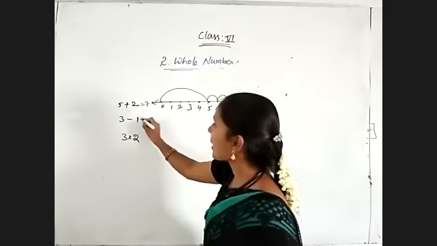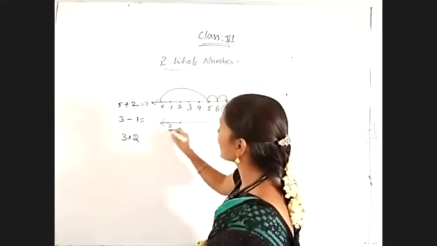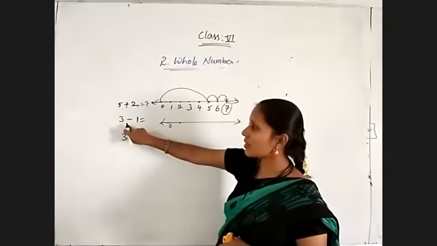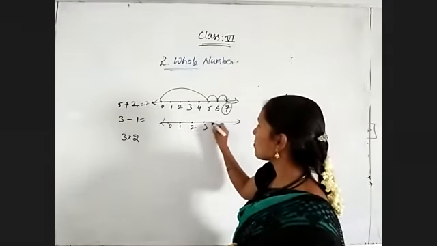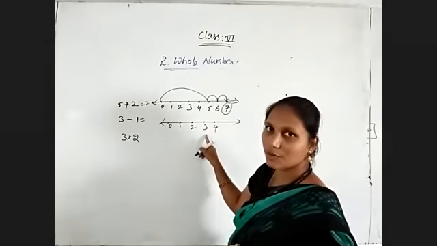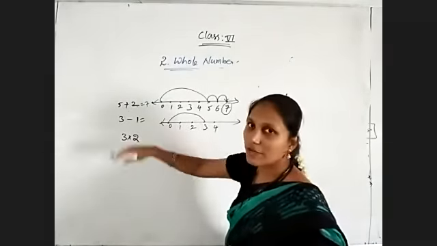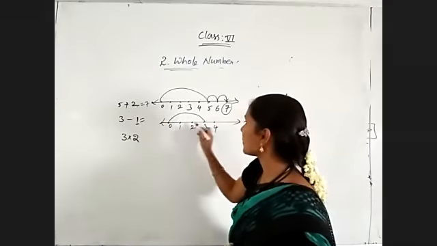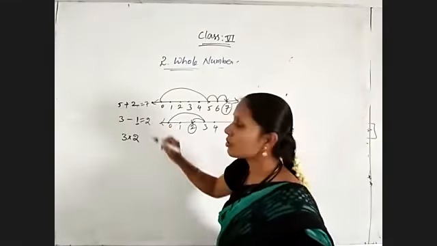And coming to 3 minus 1. Show by using the number line. While we are doing the subtraction, what is the first number? That is enough to indicate on the number line. It means in this question, 3 numbers are enough to write. So 0 to 3. Minus means we must come left side by one step. That is 2. 3 minus 1 is equal to 2.